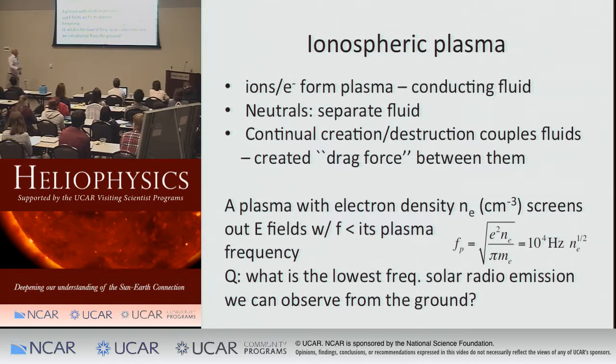So my question is radio emission. I want to observe the solar corona, right? That's all anyone would want to do. And I want to maybe observe it in the radio. That seems a little hard, but let's say I wanted to do that. What is the lowest frequency I could hope to see the sun in? We have one radio astronomer. Please don't answer this question. You already know. Anyway, just based on the numbers we have so far, this formula